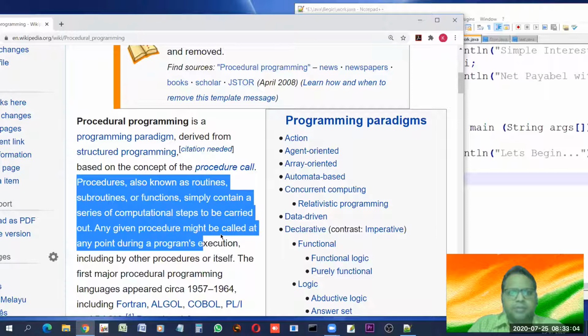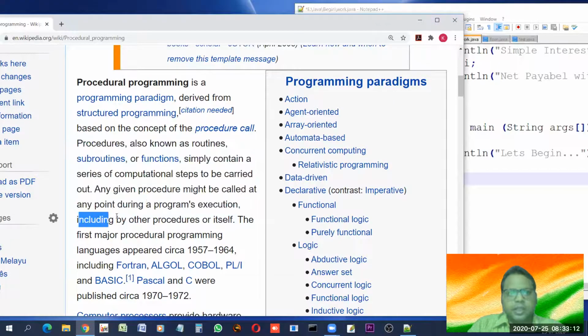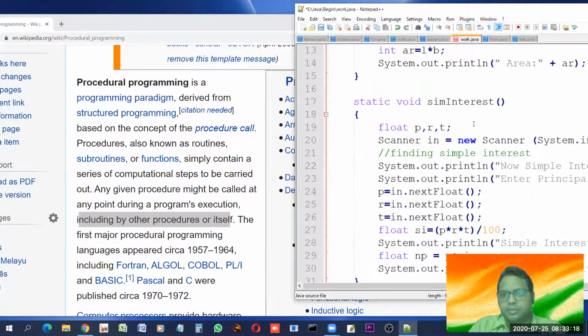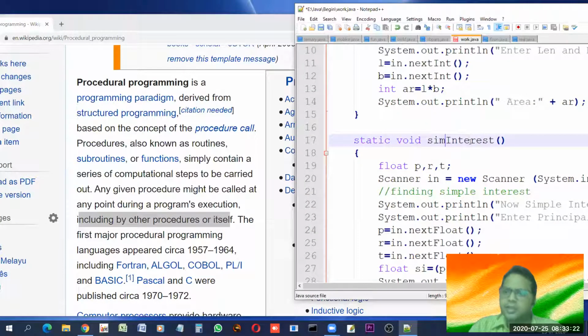Any given procedure might be called at any point during the program execution. Any function can be called any time during the execution, including by other procedures themselves. Means one procedure can call the other one also. It simply means, can we call this area of rectangle function in simple interest? Yes, we can call it. Means one function can call another function also.